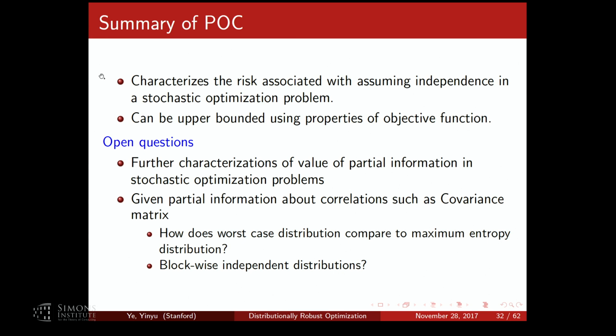Of course, there are still many open questions. Here I'm only using marginals. Is there any additional information, some correlation information, that should be used? Should I use block-wise independence, where I partition the variables into groups, and each group may have a joint distribution, but overall the groups are independent? So just expand it. Here I'm assuming complete independence. So the question is, how does that depend on the block size and so on?